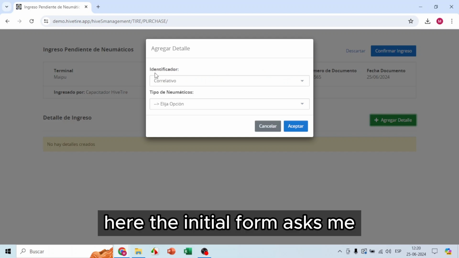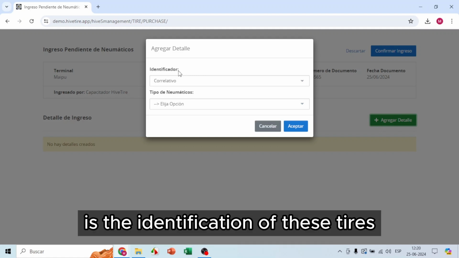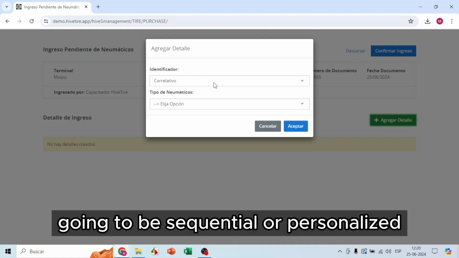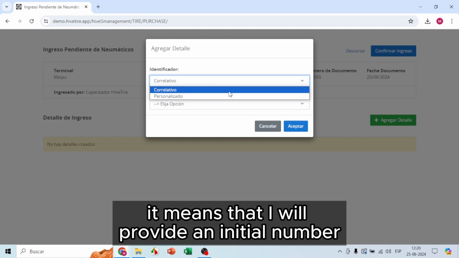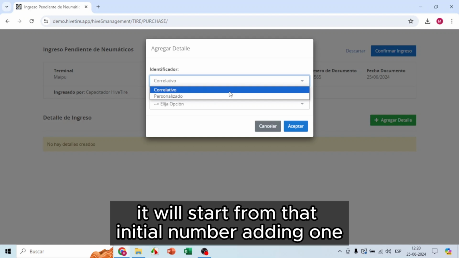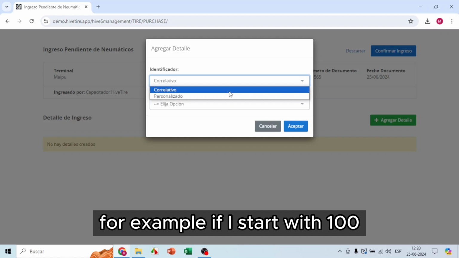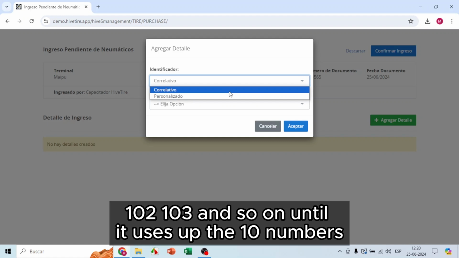Here the initial form asks me, what is the identifier of the batch number? Is the identification of these tyres going to be sequential or personalized? If I select sequential, it means that I will provide an initial number, and the system will understand that if there are 10 numbers, it will start from that initial number, adding 1. For example, if I start with 100, it will have 100, 101, 102, 103, and so on until it uses